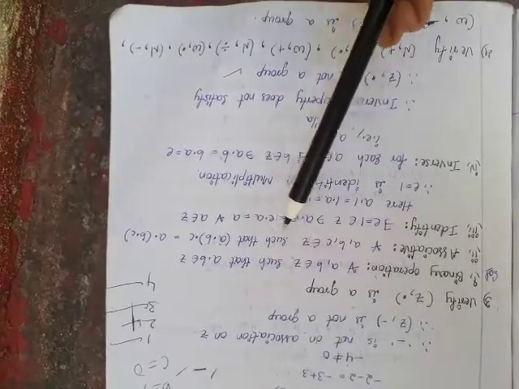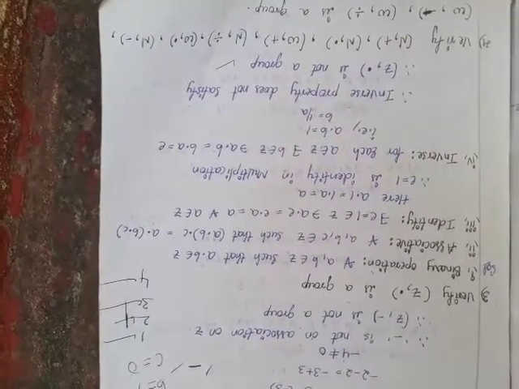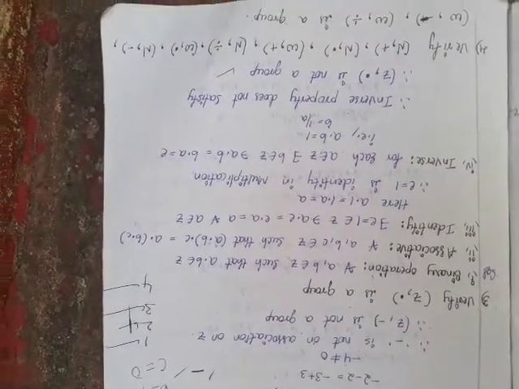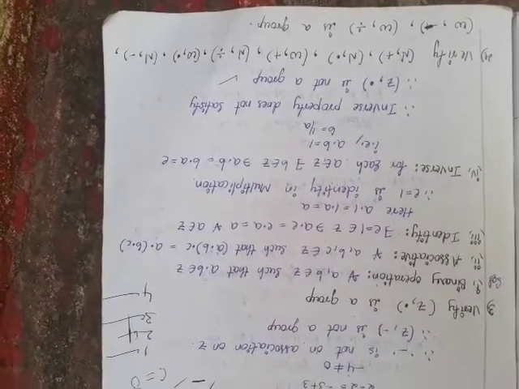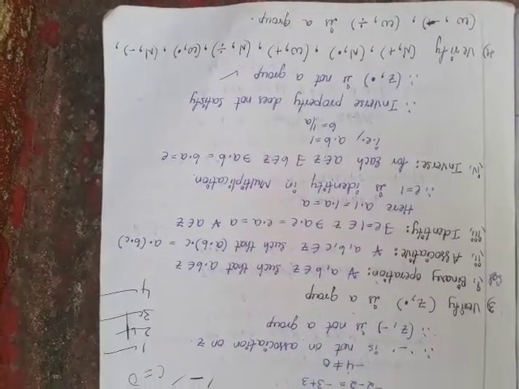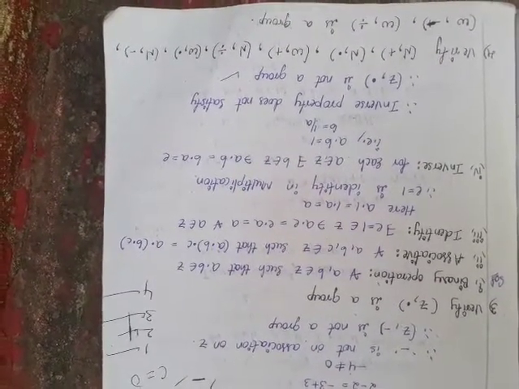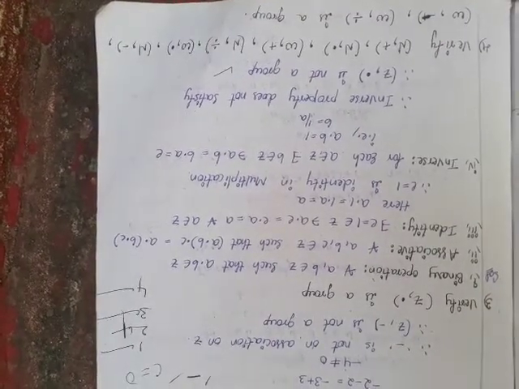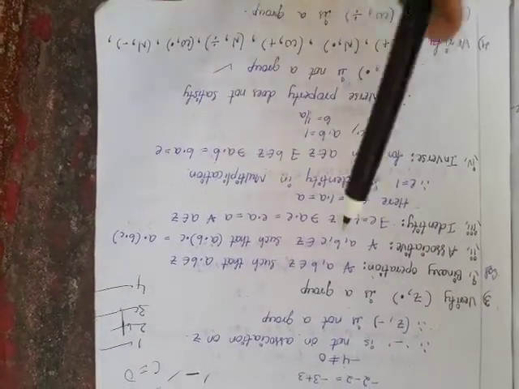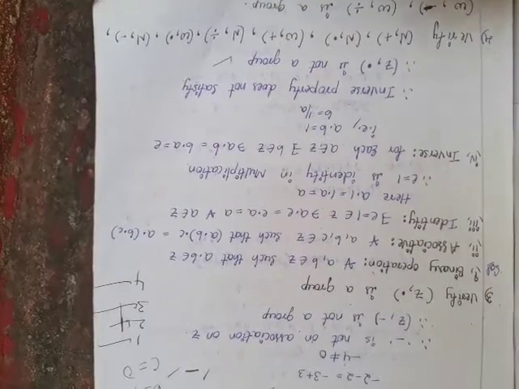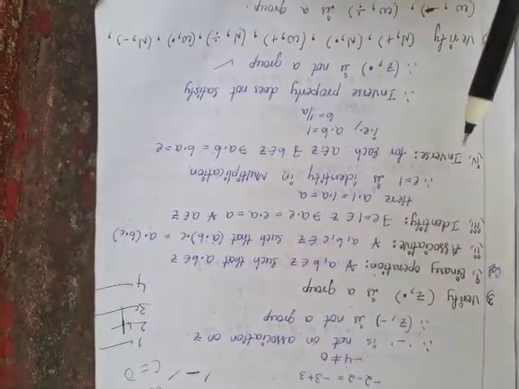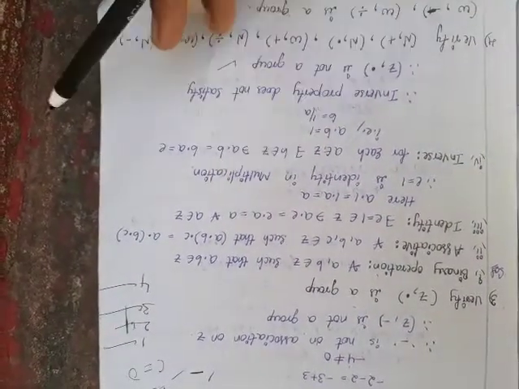Binary operation: for all a comma b belongs to Z, a dot b belongs to Z, because Z contains positive numbers, negative numbers including 0. Take any two elements, 2 comma minus 3 belongs to Z. 2 into minus 3 is equal to minus 6, which belongs to Z. So clearly it satisfies the binary operation. Not only 2 comma minus 3, for all the elements of capital Z it is satisfied.